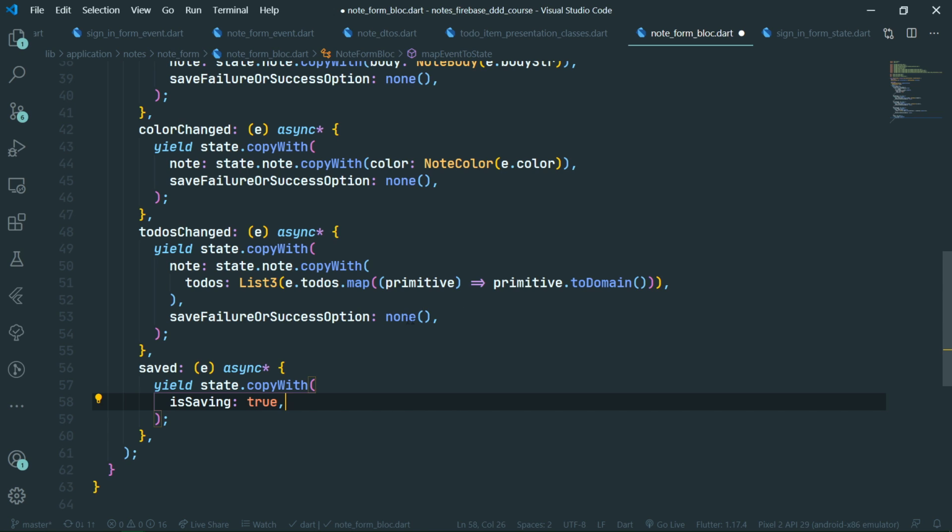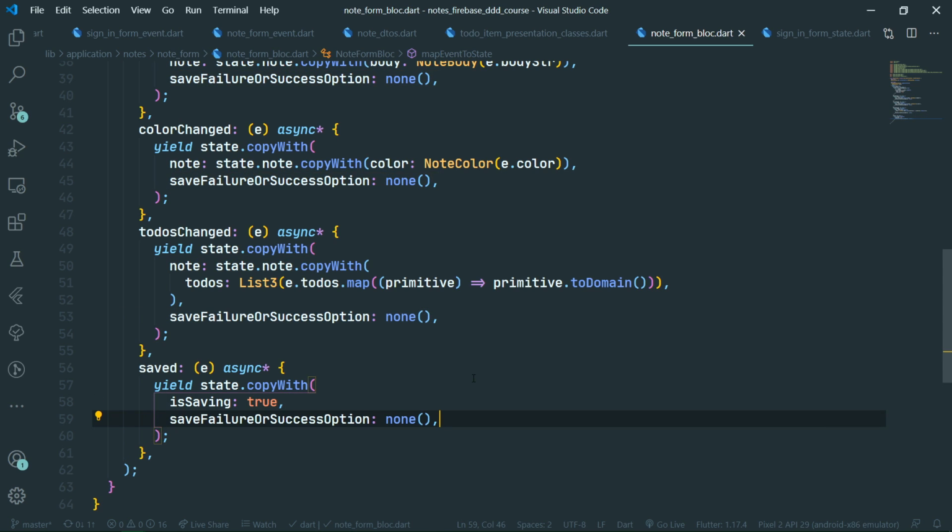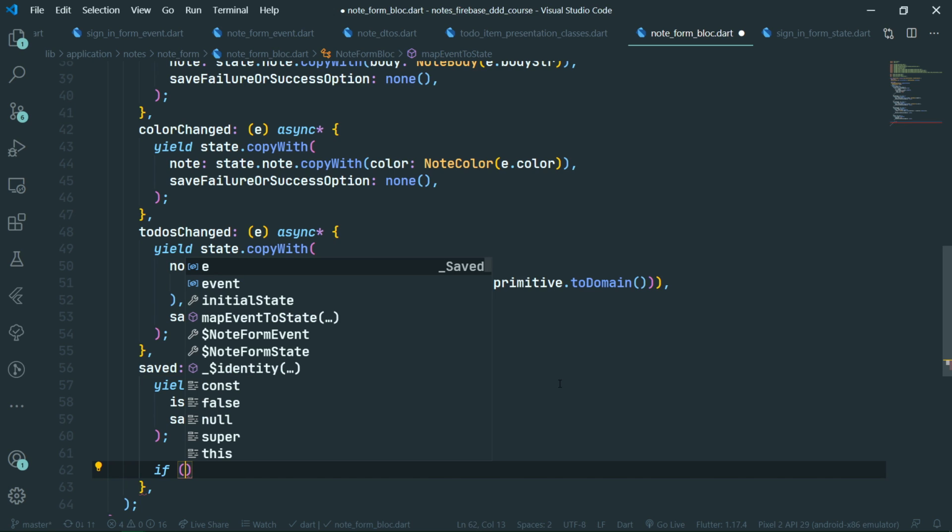And also we again just want to reset the save failure or success option to be none. And then what we want to do here is to check if we can actually proceed with saving data